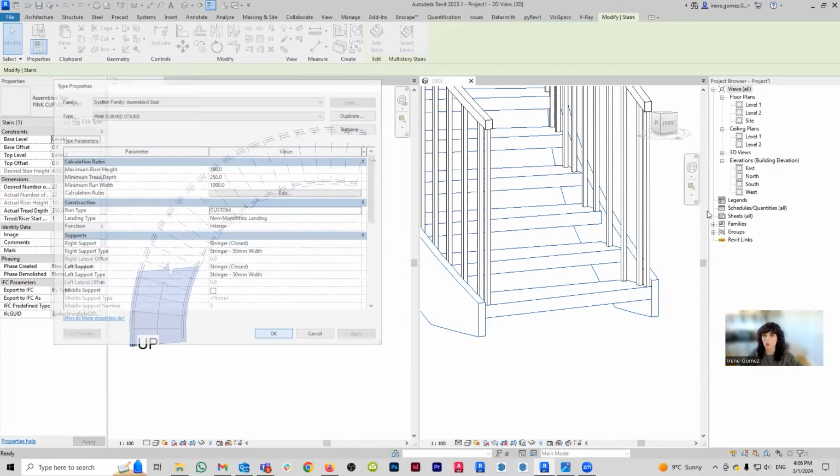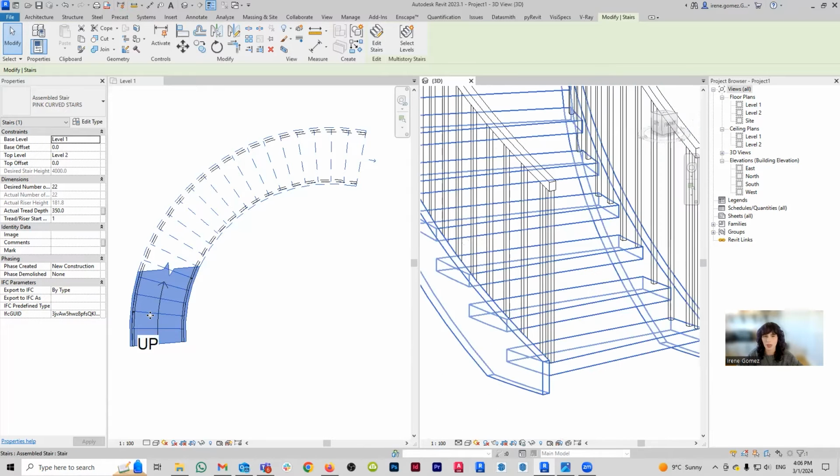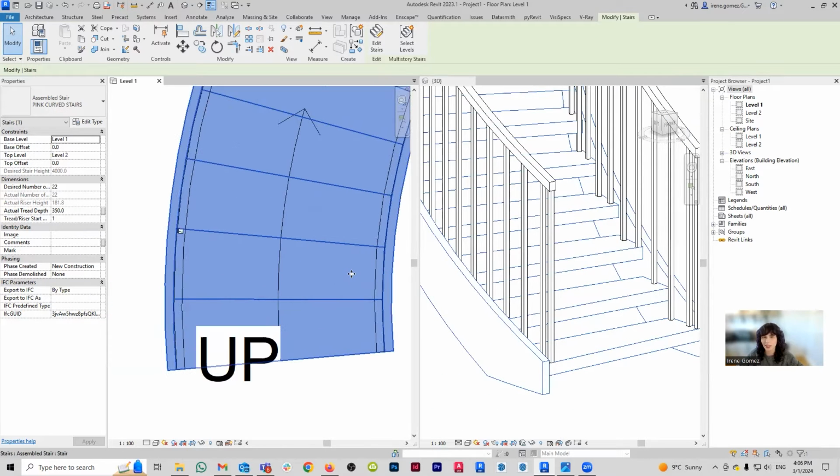So what do I mean with that? Well, if we go here to the top view of my stairs, what you're going to notice is that the thread itself is not the same thickness at the beginning that it is at the end. It's actually wider at the end than it is at the beginning, and that is because it's a spiral, curved stair. So the problem is that if you use any custom profile for curved stairs, what you're going to get is gaps in between, because remember, the whole point of working with a profile is that it's the same shape extruded from beginning to end. So we cannot just use a regular custom profile for the thread.